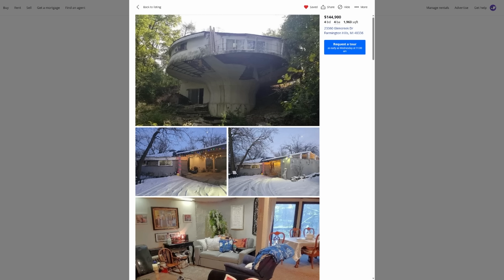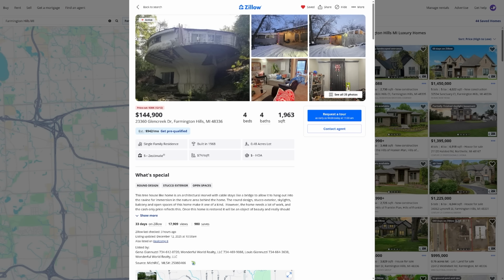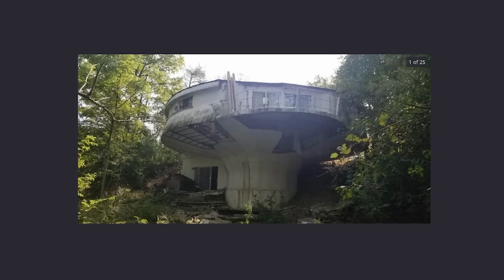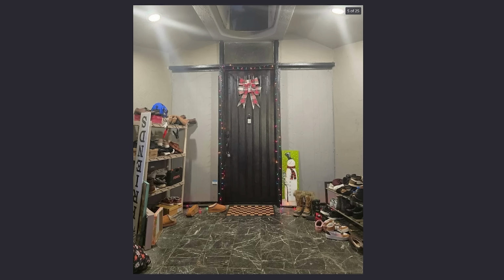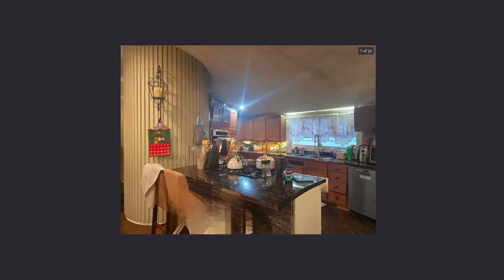It's a fixer-upper. When was this thing built? 60s? Yeah, 68. It's a mushroom house. We'll call it the mushroom house. Interesting exterior. Definitely unique. Made of concrete, probably. But inside, again, it's just a family home. We don't need to go through a family's whole shoe collection in the mudroom there. And one thing I would like to kind of do with the top...